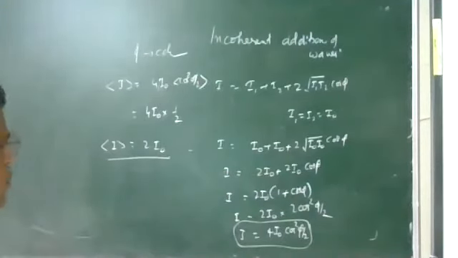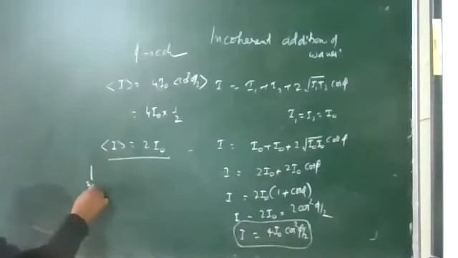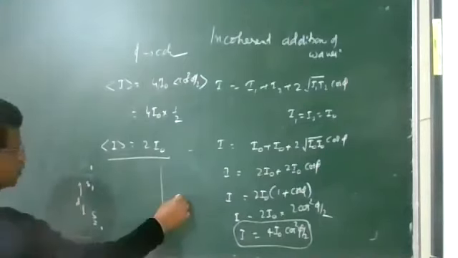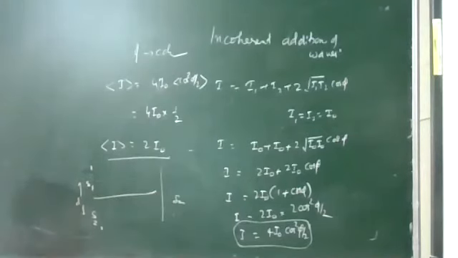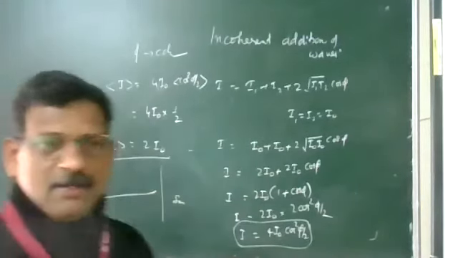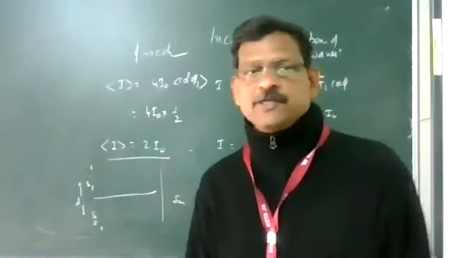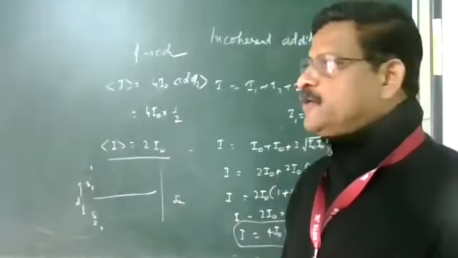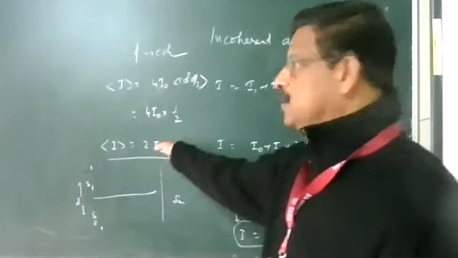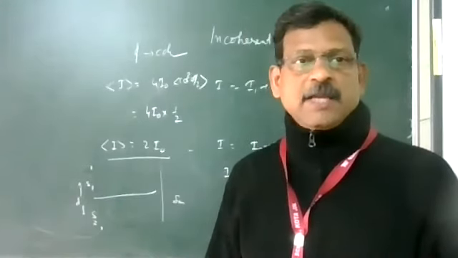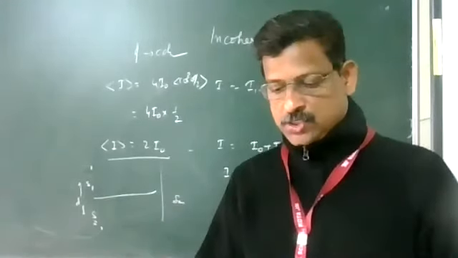This was asked in the board examination. Suppose S1 and S2 are two separate, independent sources, separated by a distance d apart. What will happen on the screen? Will you see interference? Explain. They are independent sources, so they cannot be coherent because their phase difference will be continuously varying. If the phase difference is continuously varying, you get the average intensity on the screen, which is equal to 2 I naught, the sum of the two sources. So interference is not possible.